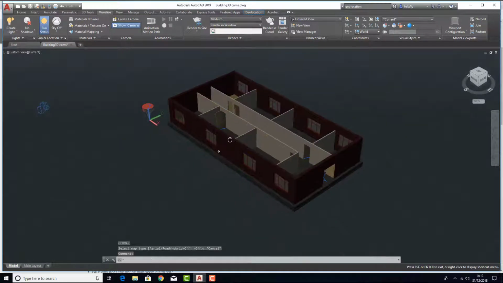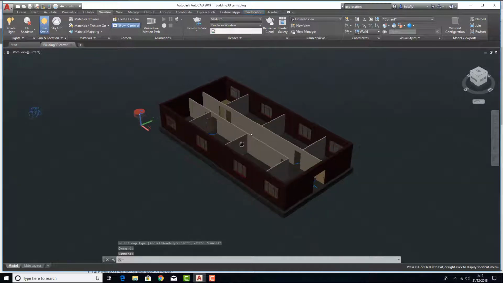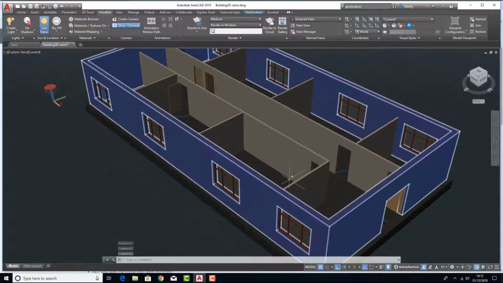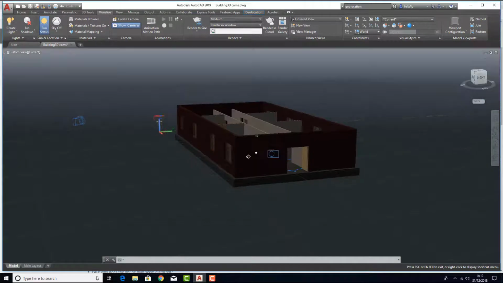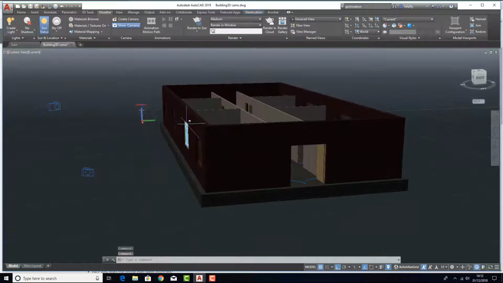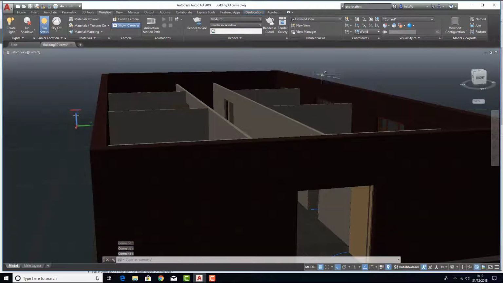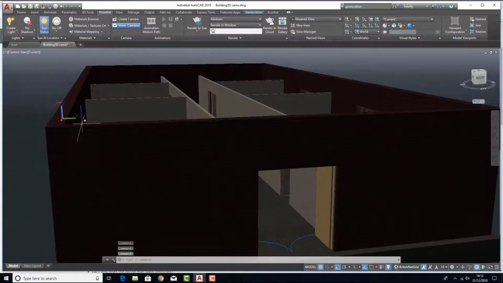We switched to a camera at some point, and that's put us into a perspective view, which the camera does by default. You can see the building is kind of elongating, giving us the depth perception that perspective view gives you. You see the walls are kind of narrowing as I move away,